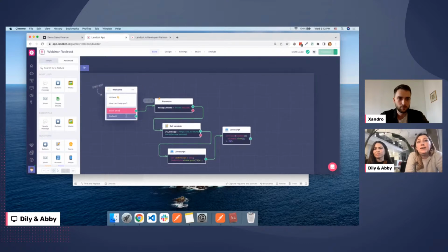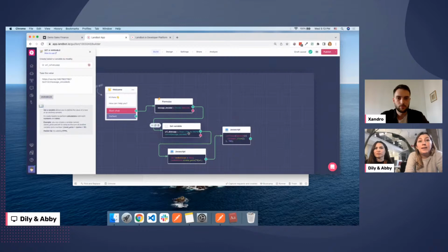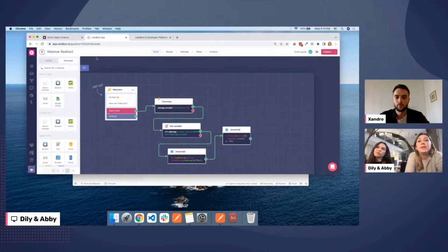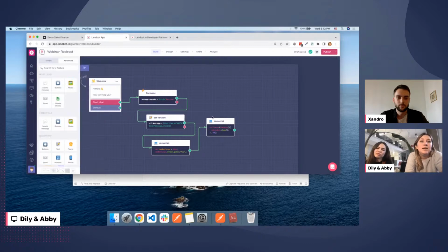And then we're going to encode this button message. That way we can actually send it in the URL. And we're going to do that with the formula encode. And then we have the WhatsApp link that directs to our phone number. And then we added the parameter text equals message encoded, which is the welcome button. And then this is a function that redirects the page, or in our case, opens a new window with WhatsApp Web. And this is just to close the widget afterwards.